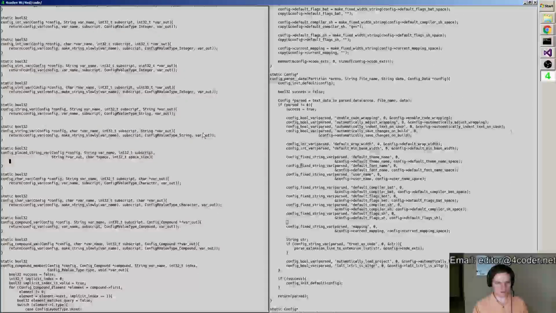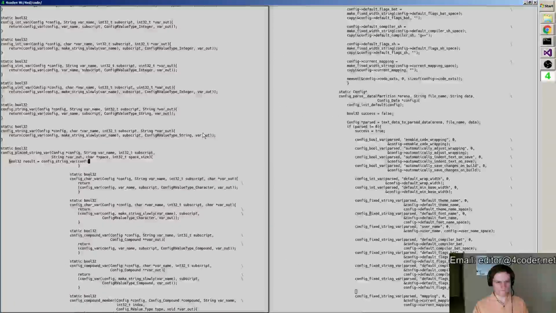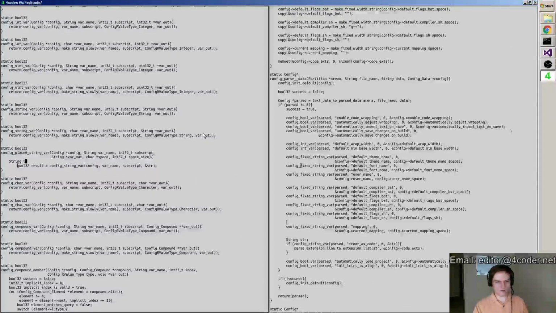And so the way that'll work is we'll go config var name subscript, and then we're going to put in a little local string thing here just to get that thing out.